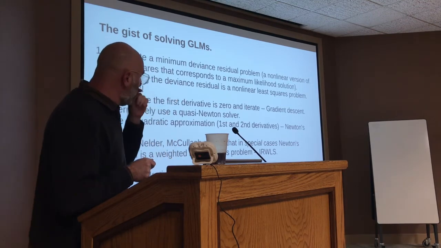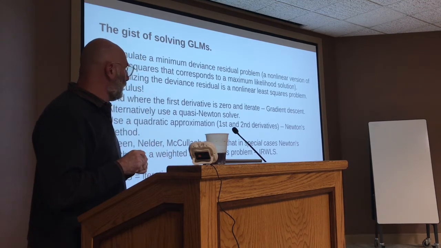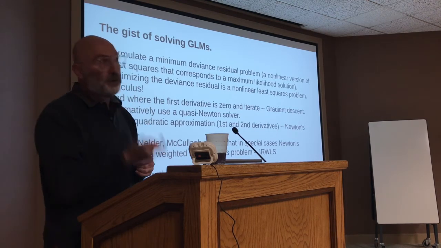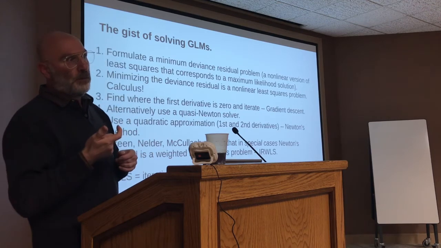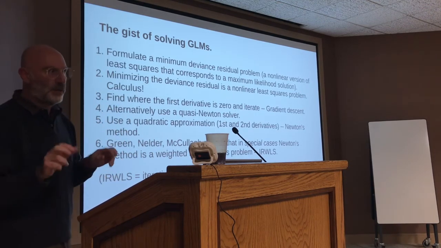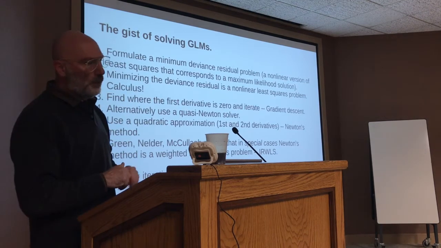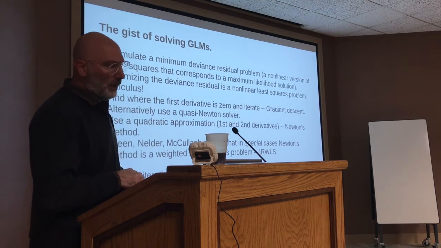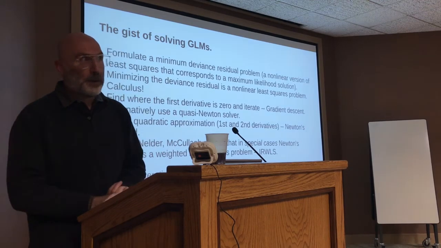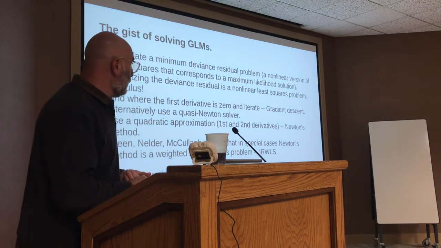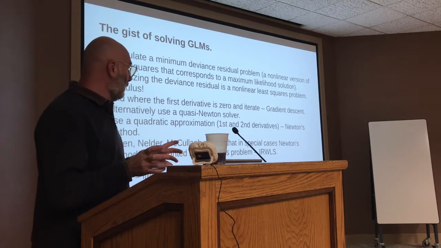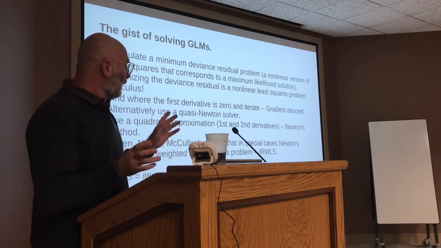The special cases in italics there correspond to special link functions. Each exponential family distribution has an associated link function called a canonical link function. And when you've got one of those link functions, then you're in this special case, and Newton's method is exactly the same as iteratively reweighted least squares. If you don't have a canonical link function, then they're different. And basically, R only uses